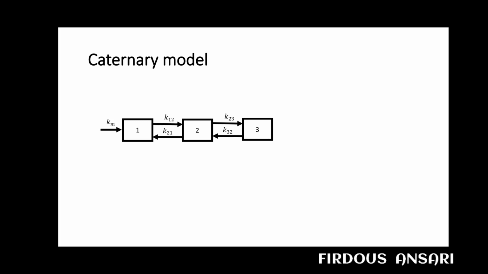Next, from the peripheral compartment, if the drug is required to move back to the first compartment, the rate constant will be K21. But from the peripheral compartment, if it is to move to the third compartment, or you can say the cellular compartment, then the rate constant will be K23. And from the cellular compartment, if it requires to move back to the peripheral compartment, then the rate constant will be K32. So in the quaternary model mostly the distribution phase is studied more and elimination is not taken into account.